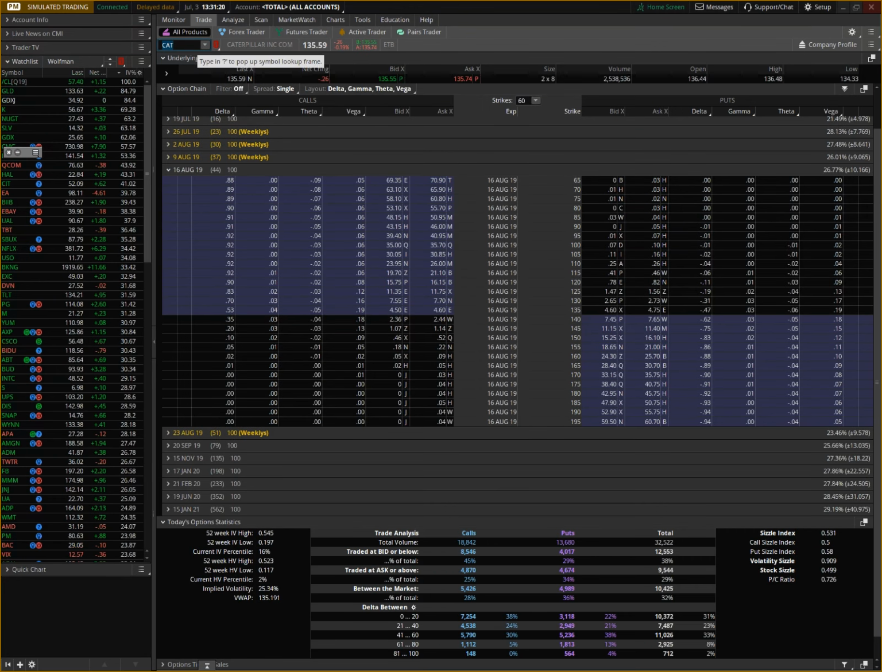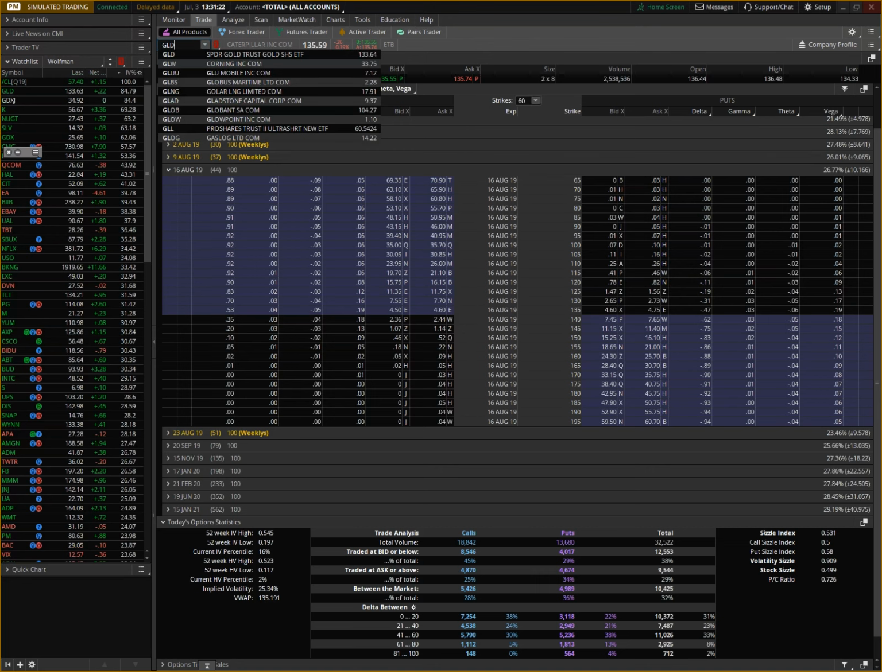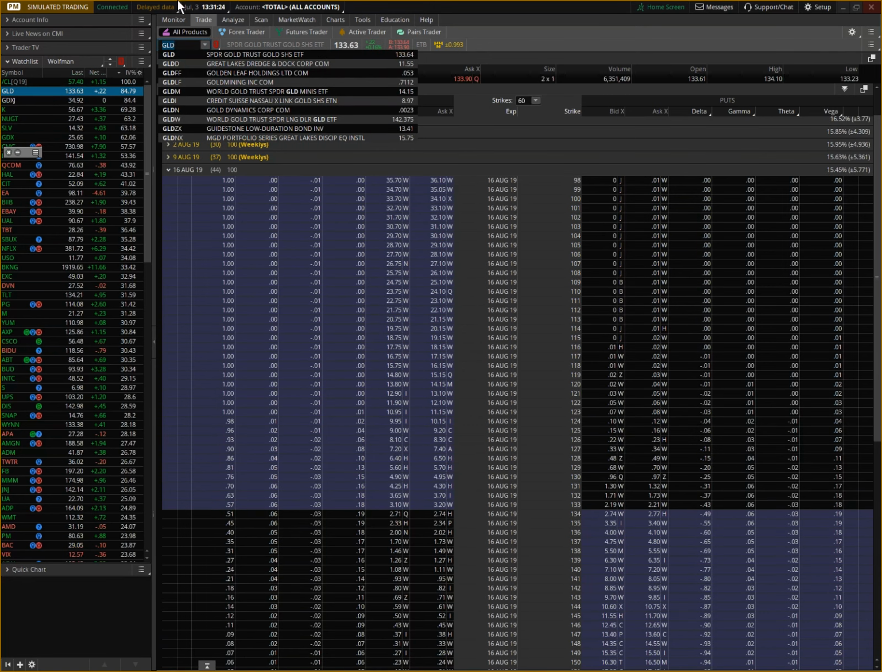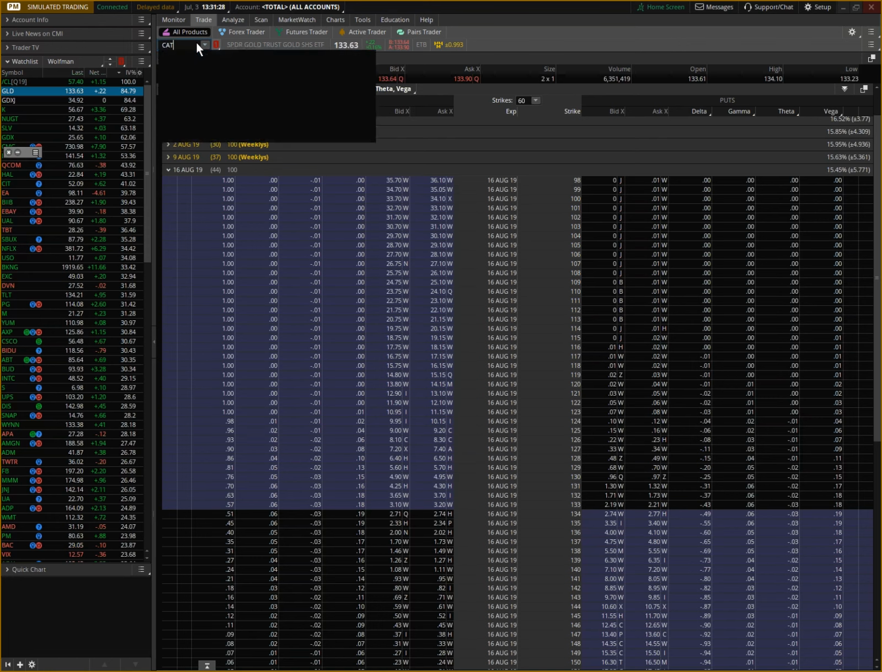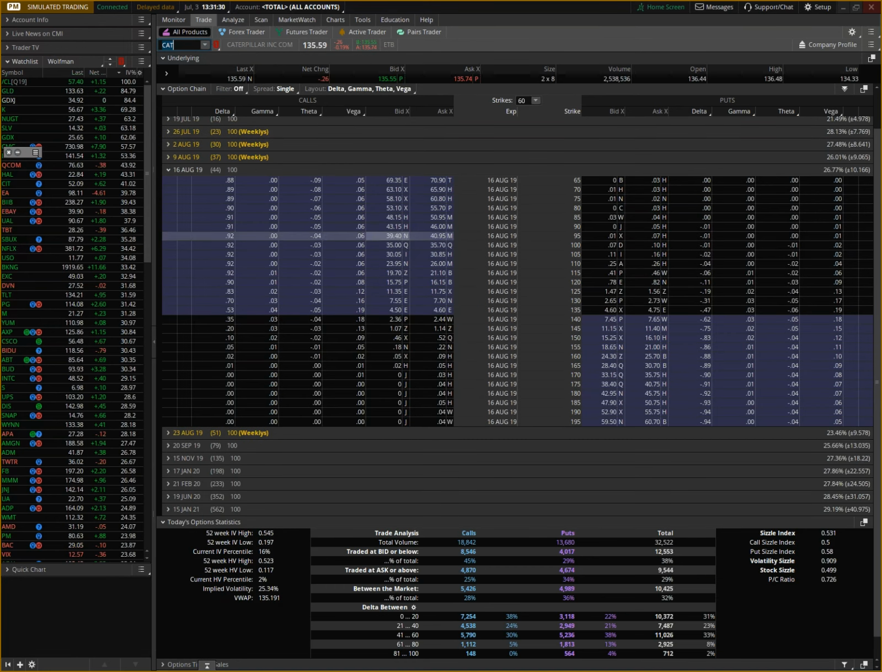even though they're priced at the same area, right? GLD is 133.60 and Caterpillar is 134. So if you're comparing apples to apples, look at these premiums right here at the money that we would be selling for the straddle. Well, it looks like you're getting a lot of bang for your buck compared to GLD, but remember, this is